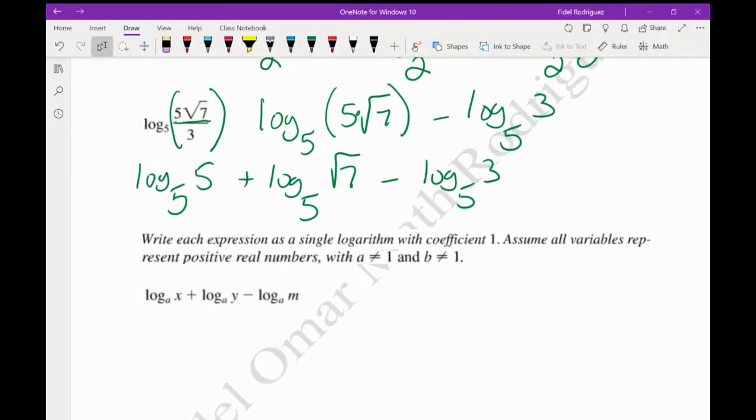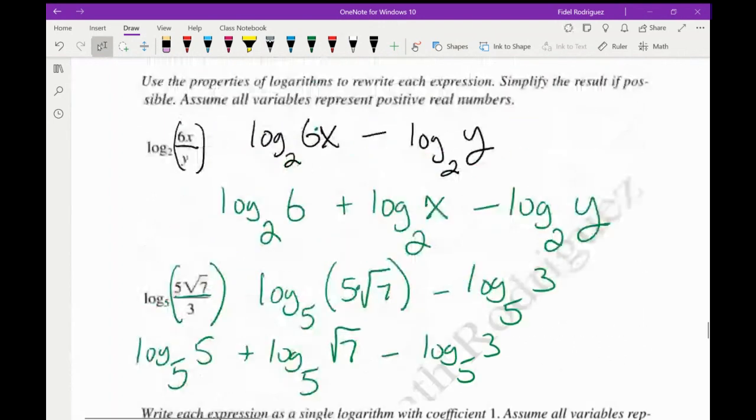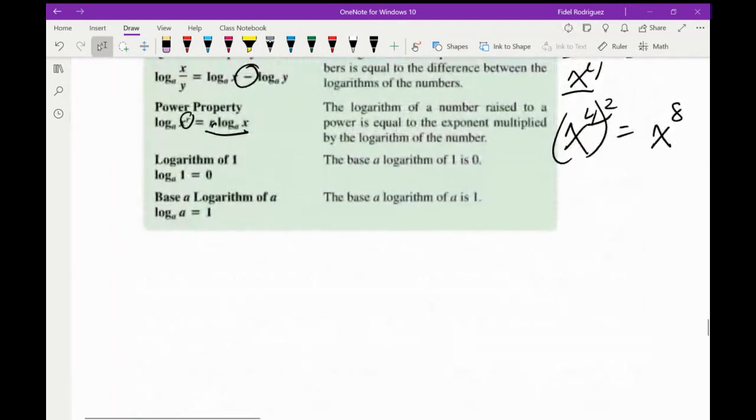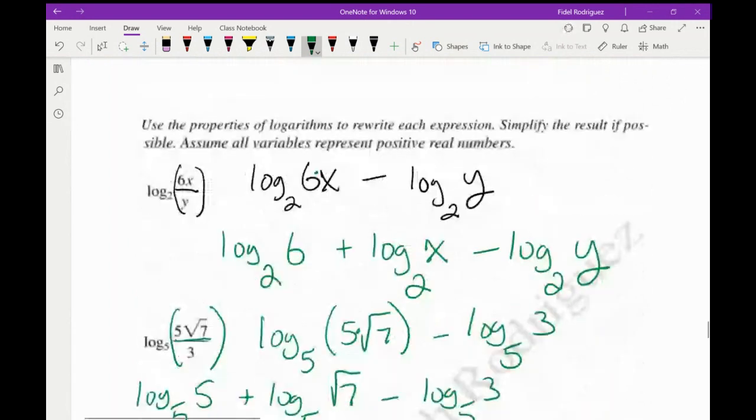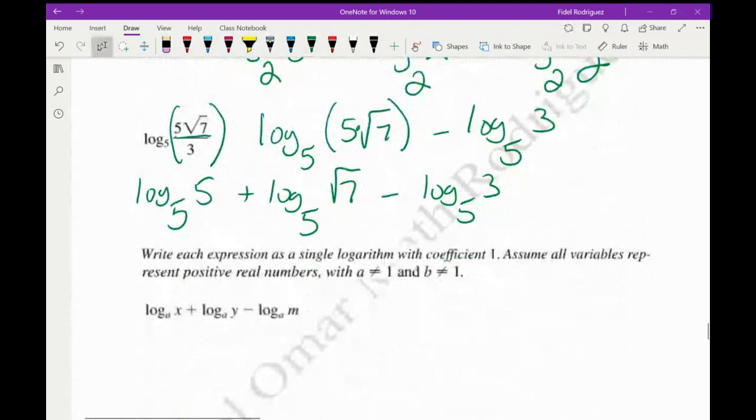And then there's another property, guys. And so I'm going to scroll back down over here so we can see it. And here we go. It says, if I have the log and the base number and this number are exactly the same, it's equal to 1. So as I scroll over here, I want you to notice this number and that number are exactly the same. So that part right there is going to be equal to 1